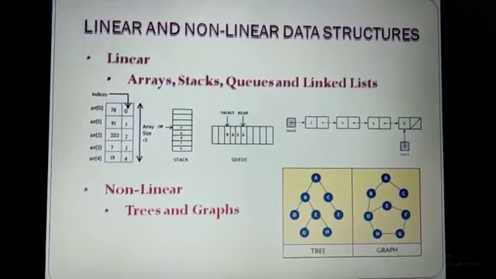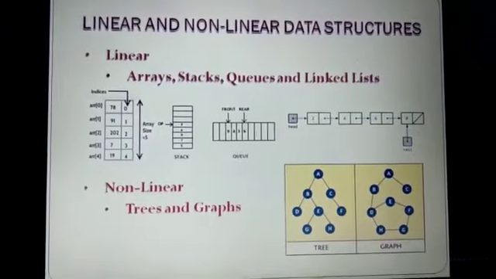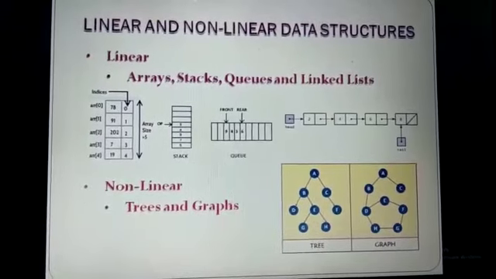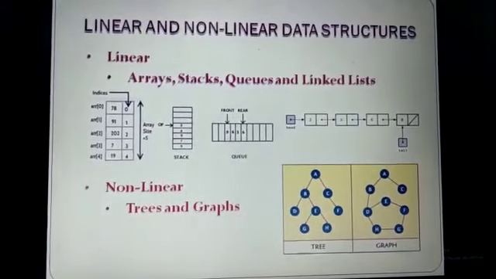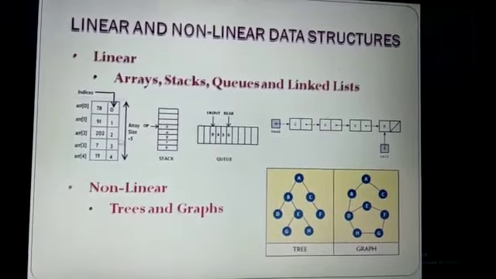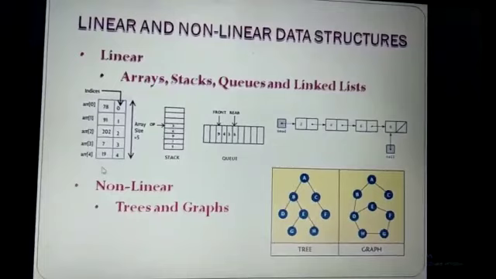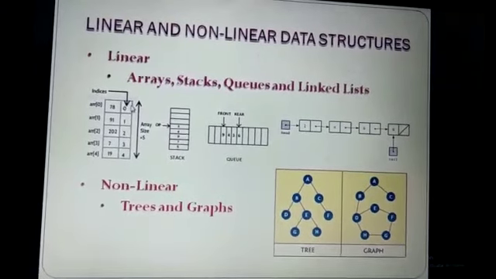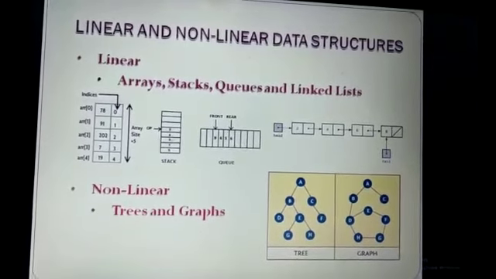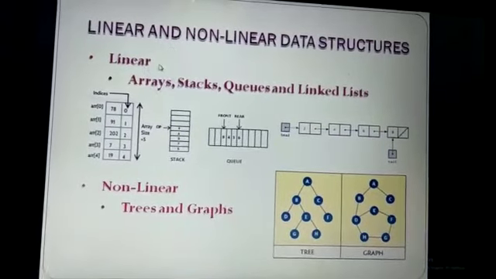To learn about the tree definition, we should understand what is linear and what is a non-linear data structure. A data structure is said to be linear if the elements are arranged in a sequence or in a linear order. The best examples are arrays, stacks, queues and linked list. You can see the diagram: arrays, stack, queue and linked list. You can see the arrangements are in a sequence from 0, 1, 2, 3. The elements are arranged contiguously. Then you can see all the arrangements are in linear order, so they are called as linear data structure.